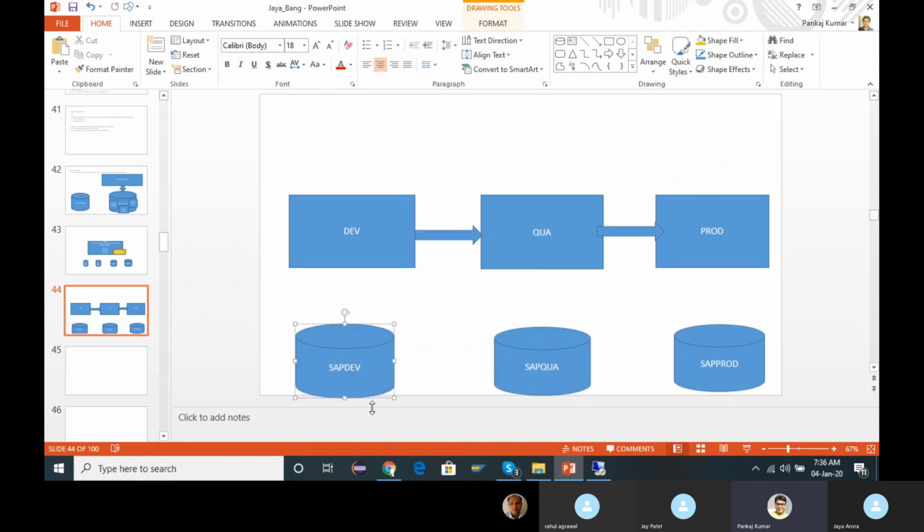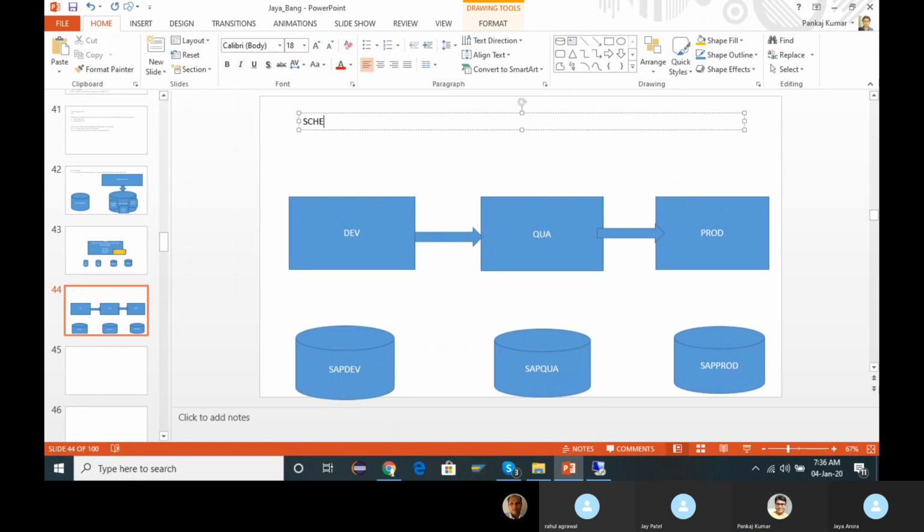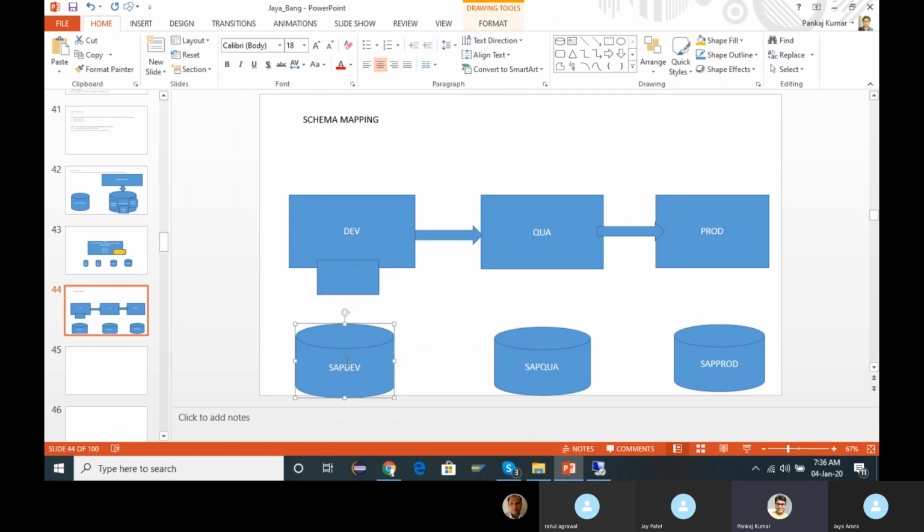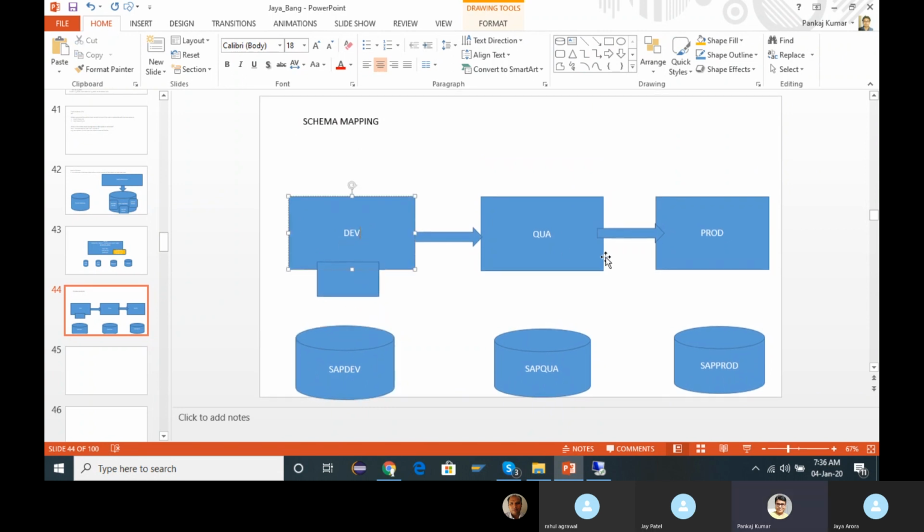To solve that problem, there is a concept called schema mapping. In schema mapping, every schema of the dev, quality, or production server is connected with the same alias name.